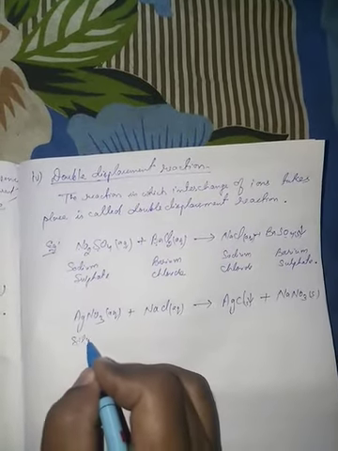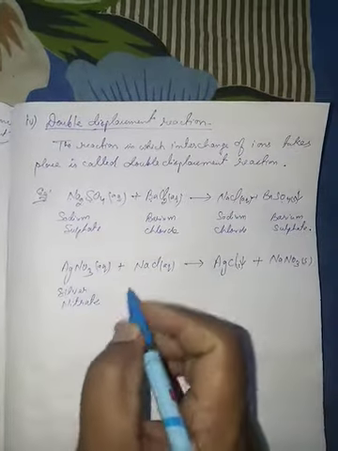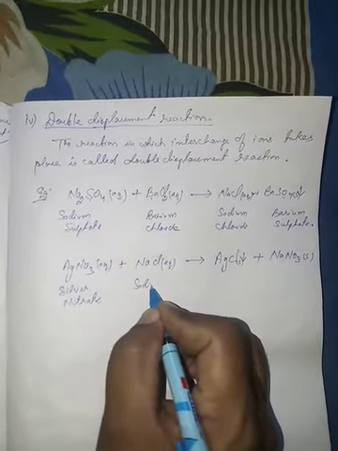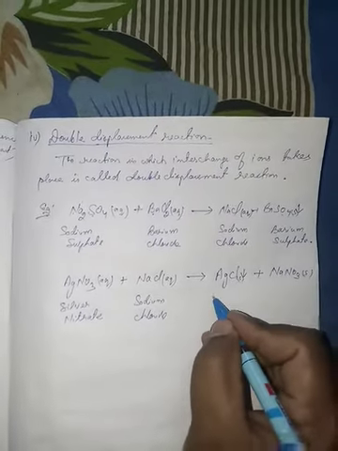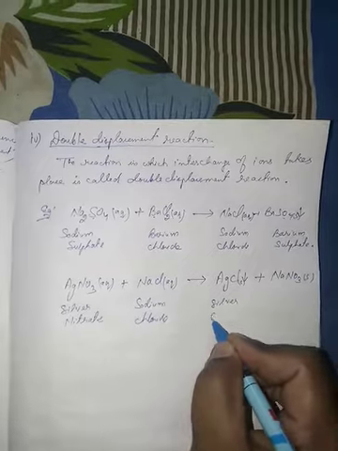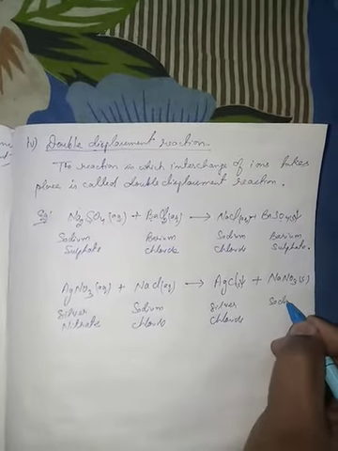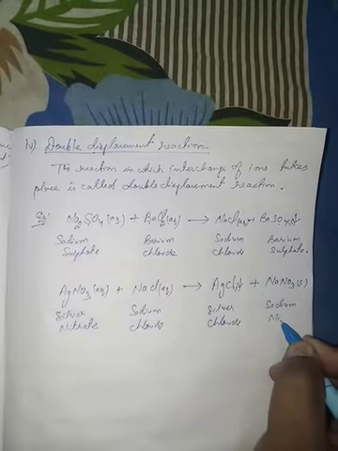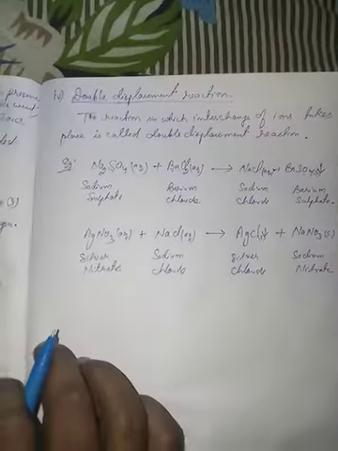This is silver nitrate reacting with sodium chloride to form silver chloride and sodium nitrate. If you don't know how to write the compound names, refer to my video number one. Okay,